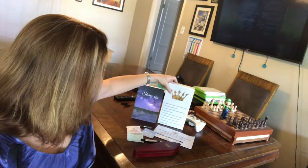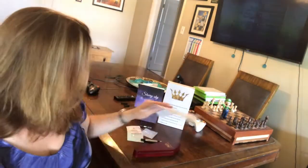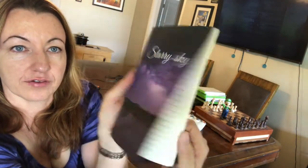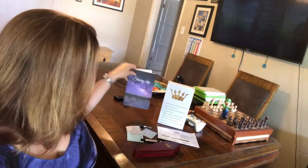which was really nice. It also did come with this informational guide on how to fill your fountain pen, a really high quality paper. And then I really thought this was a cute touch. So a starry sky with a really pretty cover, just a little journal, blank journal that goes with it. So all in all,